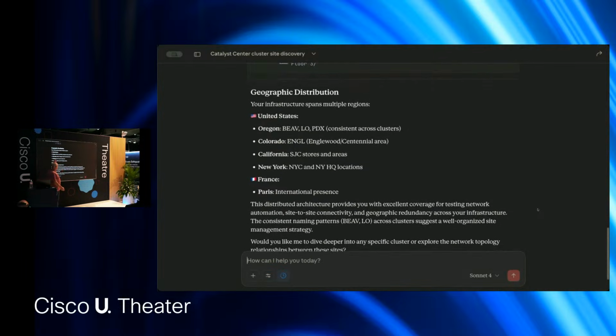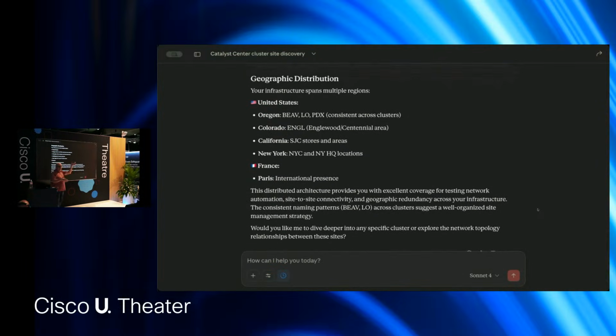Why is the topology not included here? I mean, it is a little bit. I have the site hierarchy. Why? Because topology is one of the tools available. Why is the result for topology not included? Because I didn't ask. I asked about what are the sites tools. So topology is a site tool, but I didn't ask for the topology. I asked, give me the sites, and that's what it returned.